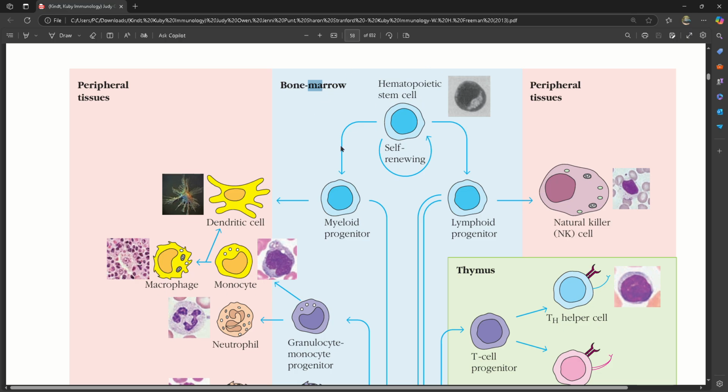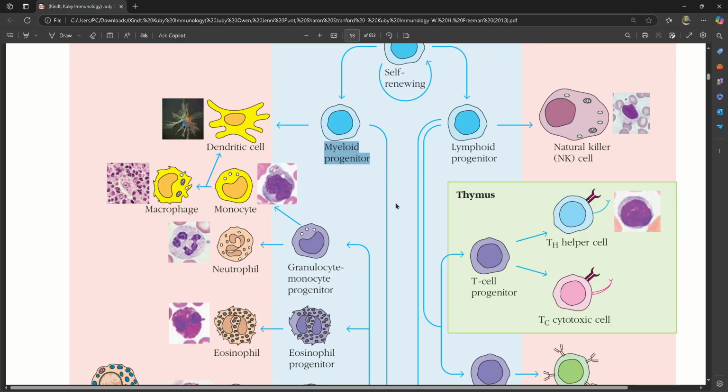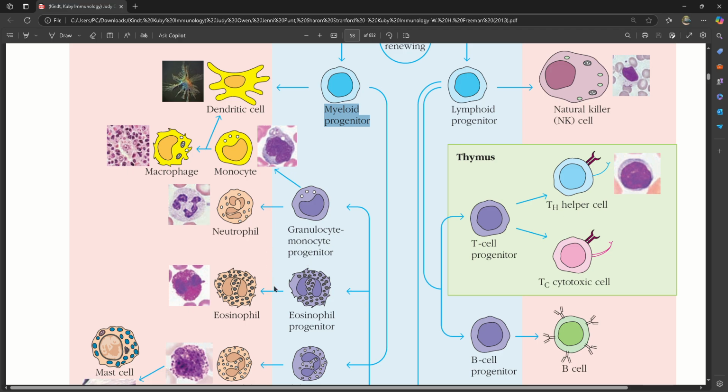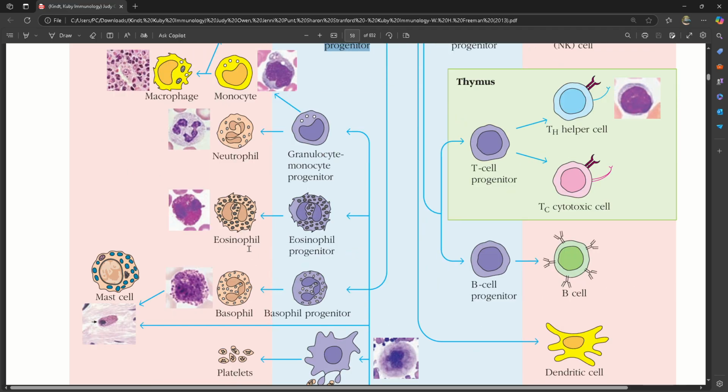So they are self-renewing, that they will divide in two parts, this stem cell, and one will be left in the bone marrow and one will go through the journey. Either it will go to the myeloid progenitor cell or lymphoid progenitor cell. So these myeloid progenitor cells will give rise to various different types of cells of the immune system, that is dendritic cells and macrophages, monocytes, neutrophils, eosinophils, basophils, mast cells,